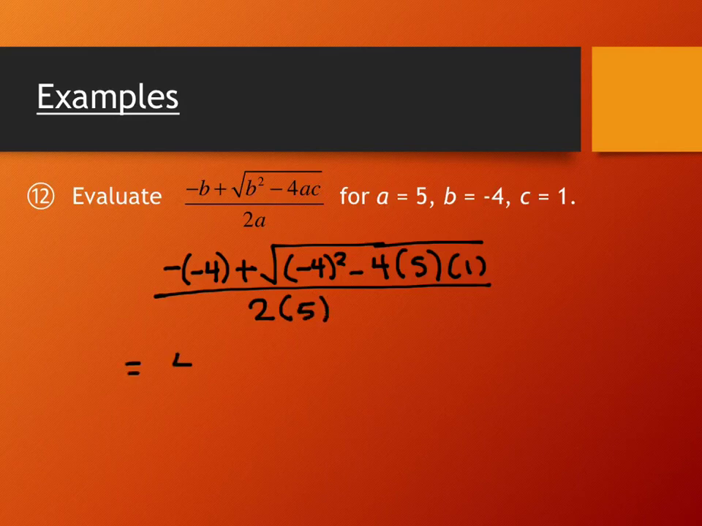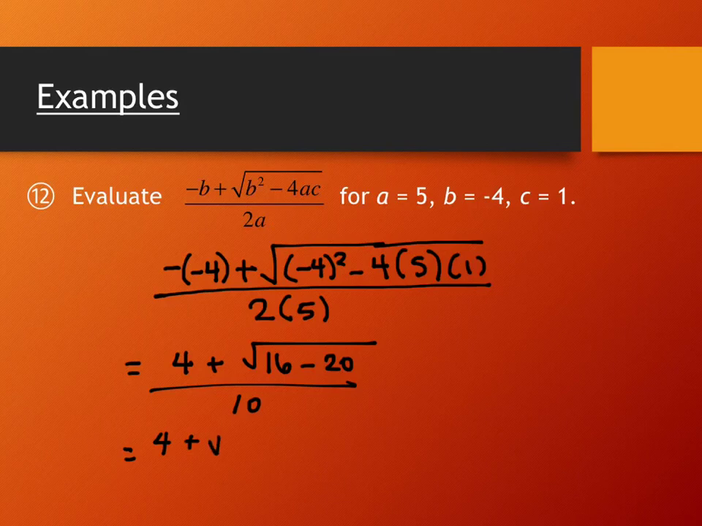Obviously at the beginning, opposite of negative 4 is positive 4, plus negative 4 squared would be negative 4 times negative 4, or 16, minus 4 times 5 would be negative 20, all over 10. All right, and then 16 minus 20 is negative 4, so there's that negative underneath the radical, over 10. So the square root of negative 4 would be 2i. So an answer to this, if we're not worrying too much about simplifying further, would be 4 plus 2i over